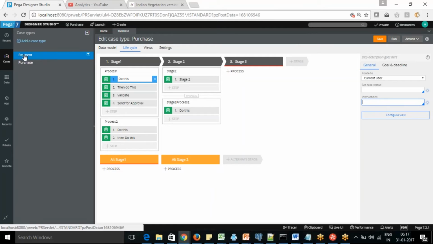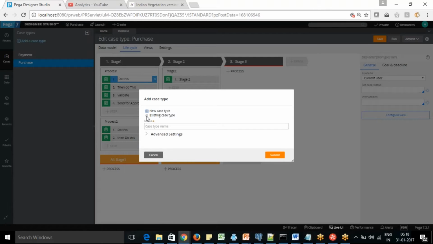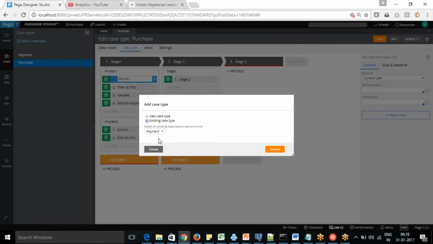So let's say you have purchase as the main case. Within that, you want payment as a child case. You can click add a child case type, and it may ask you new or existing one. If I choose the existing case type, there is a payment and a purchase.